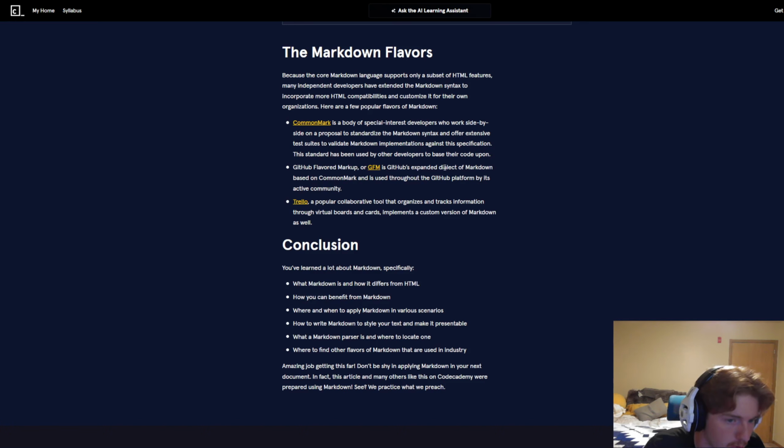GitHub Flavored Markdown, or GFM, is GitHub's expanded dialect of Markdown based on CommonMark and is used throughout the GitHub platform and by its active community. Trello, a popular collaborative tool that organizes and tracks information through virtual boards and cards, implements a custom version of Markdown as well. So, conclusion, what we've learned about Markdown: